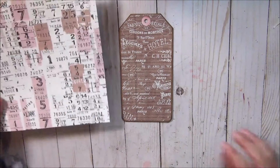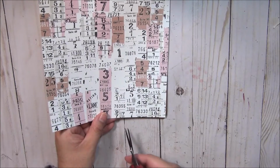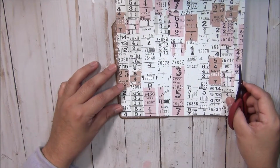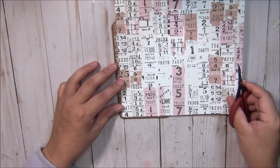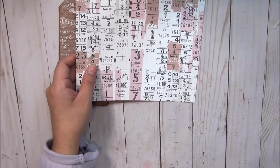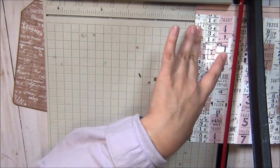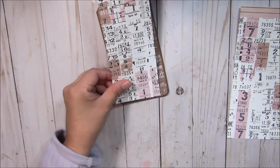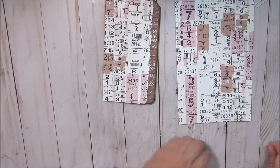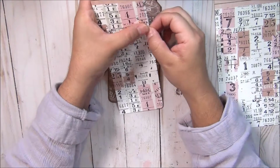Okay, so for the ticket side, or the second layer, I want more of the pink. This one's in the middle, so I'm not really going to get it. So what I'm going to do is cut a straight portion. We know that it is 3.5, and I am going to probably trim it at 3. I'm going to make this cornered as well, and then I'm going to grab, right here, the number 5, and I am going to,